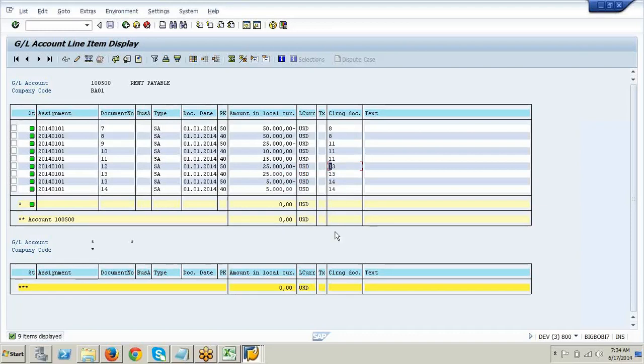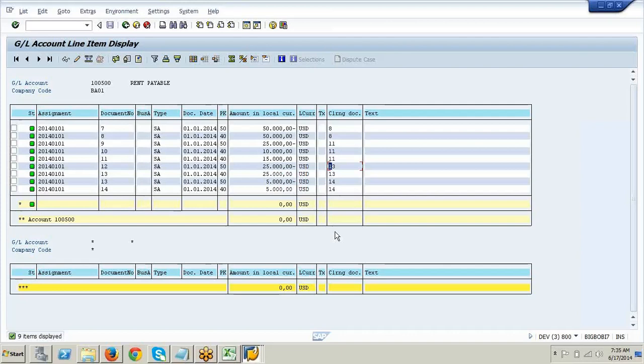Two things you need to remember. Unless and until an invoice is cleared, in case of a partial, you cannot call it a cleared invoice. In case of a residual, it clears the original invoice and leaves the balance as an open item, and it will create a different clearing document number. In case of a partial, it is the same document number.